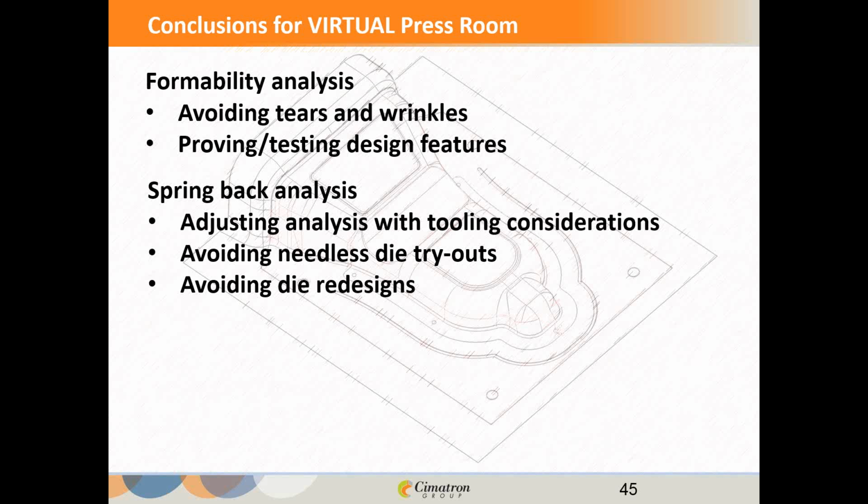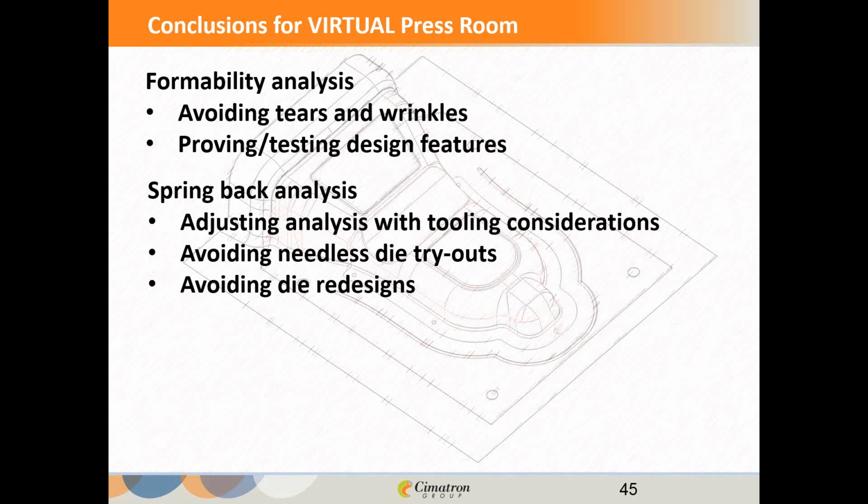So we threw a lot at you here in just a few minutes. Those are a lot of simulations. We tried to condense about 6 hours of work so that you can see how all these tools work together. Again, the idea is we want to look at the formability of the part and really analyze it and understand it so we're not tearing and wrinkling. And if we can find those areas ahead of time and improve upon them, then we've cut out a die tryout that would tell us otherwise. So we're actually testing and proving these things as we go while we're doing our simulations and building the die